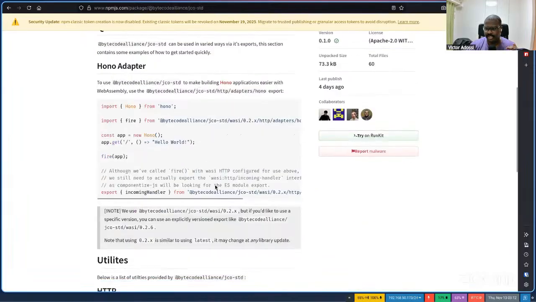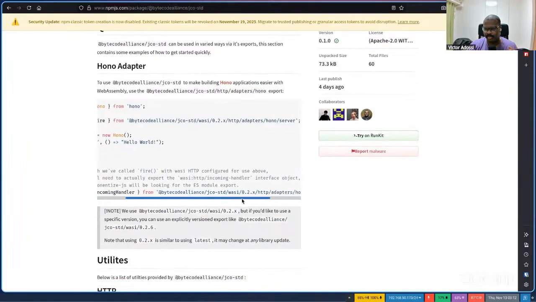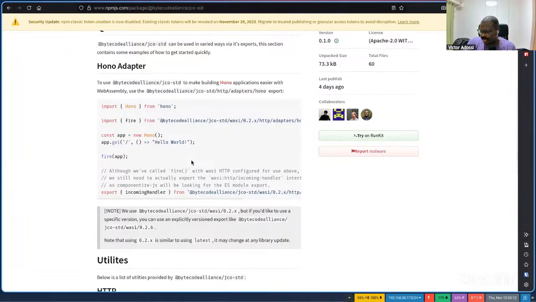So one of the banner examples here is Hono integration. Hono is essentially a web serving framework. You can think of it like a micro framework, like Express or Fastify. One of the key differences of Hono is that it is WinterTC, if anyone's familiar with that, or interoperable JavaScript standards first. So that means it deals with web requests and web responses, right?